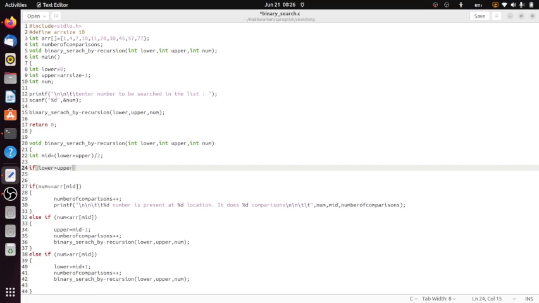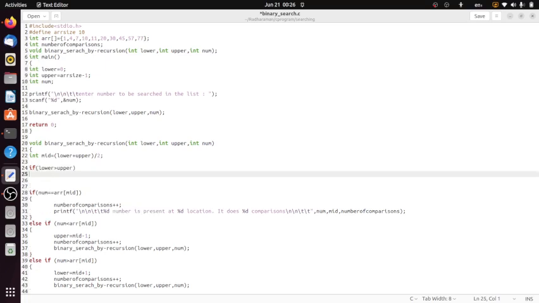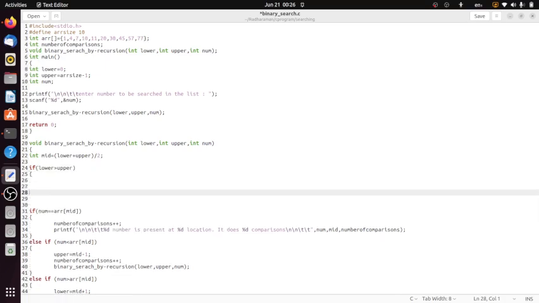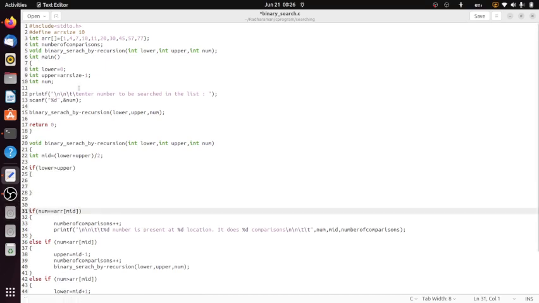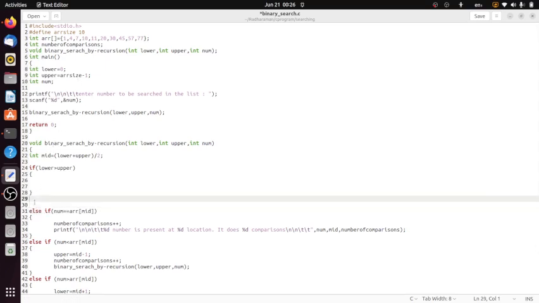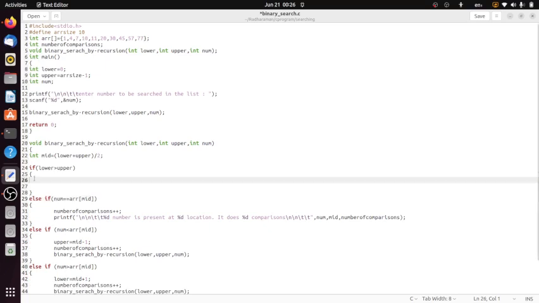If the lower value is greater than the upper value, that means the search is unsuccessful, and so that will be checked first, sequentially. So else if, at any one time, only one of the conditions will be satisfied. So if lower is greater than upper, then printf that %d is not present in the list,